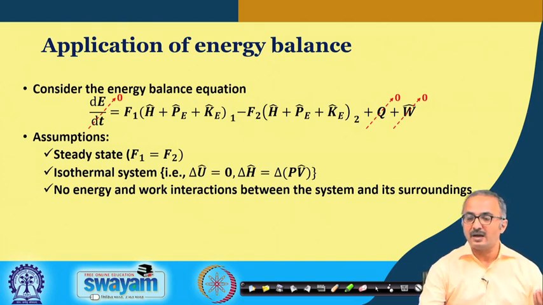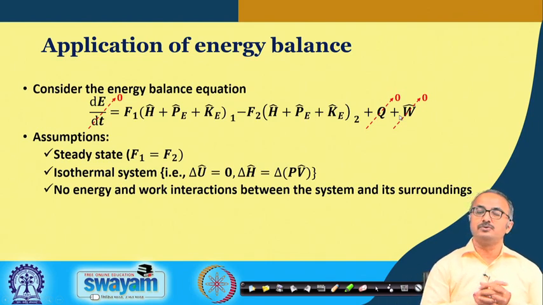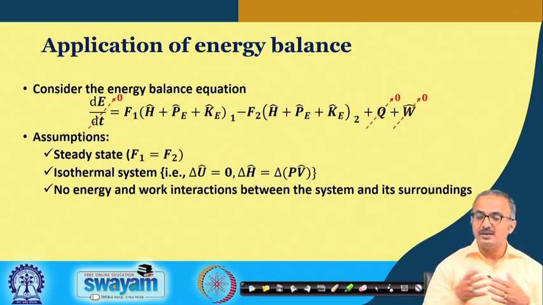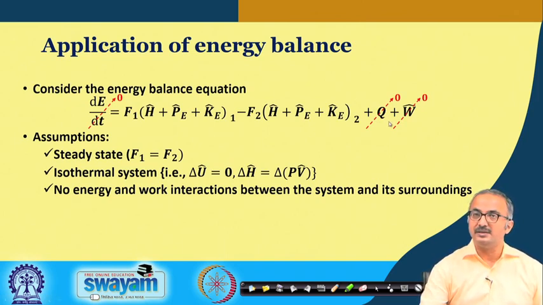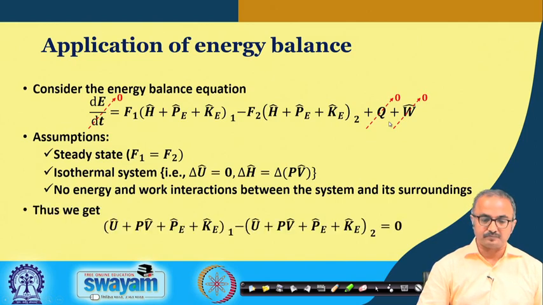So, in that case, we are putting the work interaction to 0, and the heat interaction can be put to 0 if we assume that the process is well insulated, so that it is adiabatic. Okay? So, in that case, we put the heat interactions to be 0. Now, with these kinds of assumptions, we write this particular expression, and we find that U1 and U2 will be cancelling each other out, and what we shall be left with will be only these 3 terms and